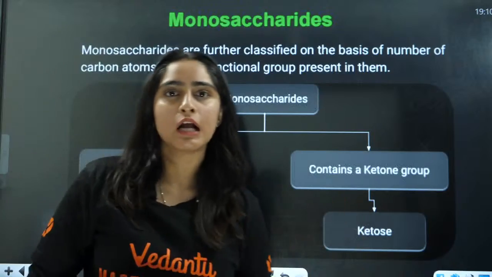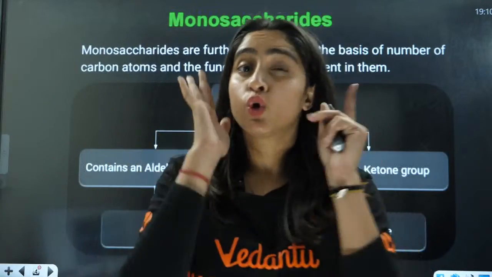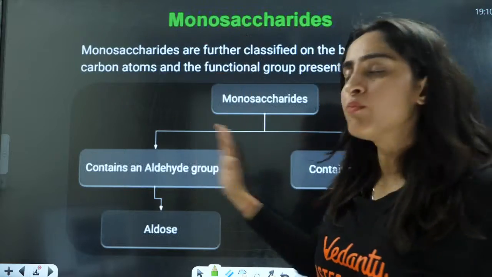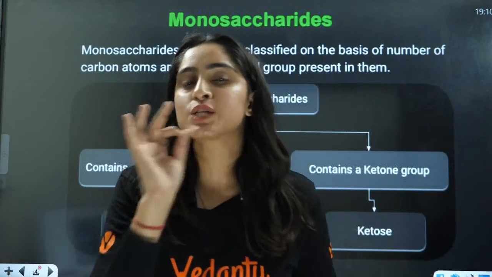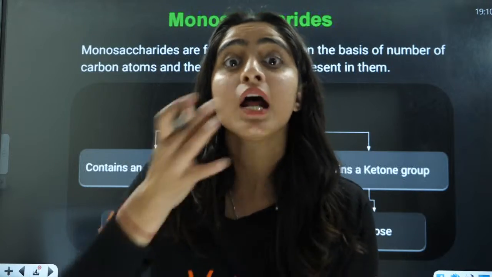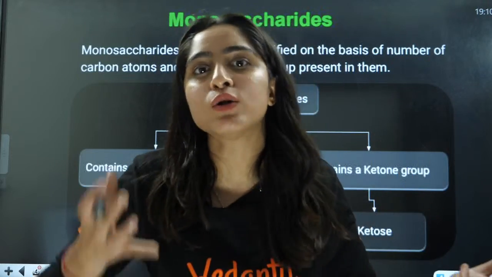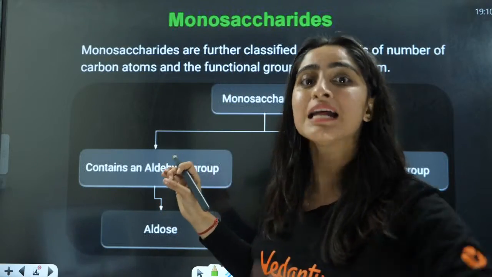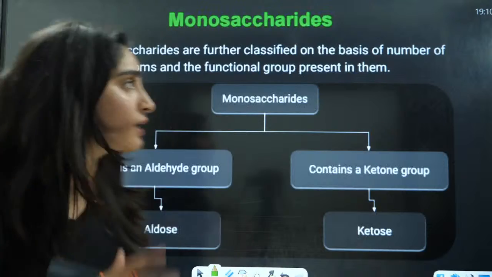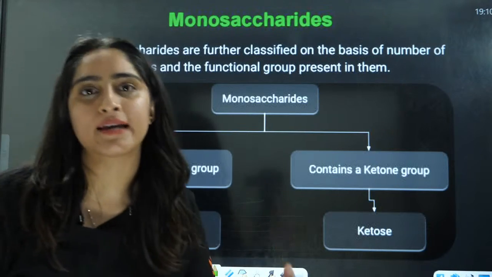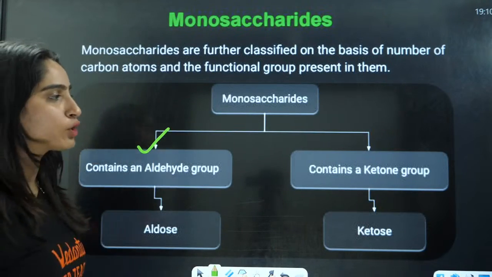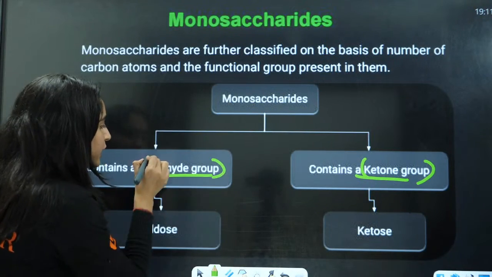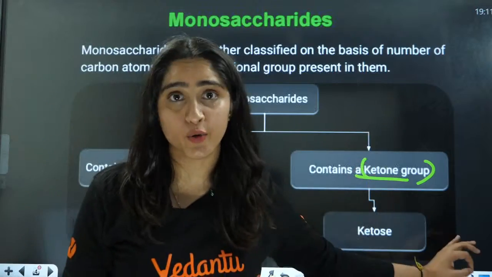Now, firstly, we are going to talk about glucose, which is a monosaccharide unit. So let us see how monosaccharides are divided. As we said, carbohydrates are polyhydroxy ketones or aldehydes. On that basis monosaccharides are classified. So there are 2 types of monosaccharides. One has an aldehyde group, the other has a ketonic group.